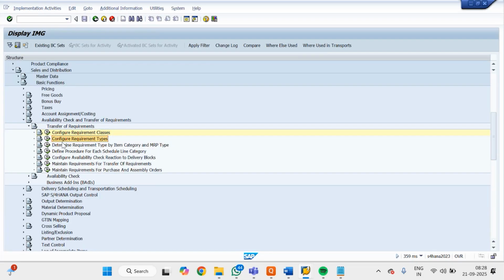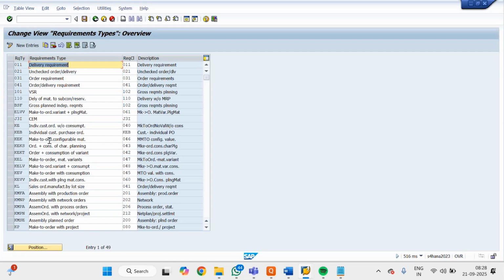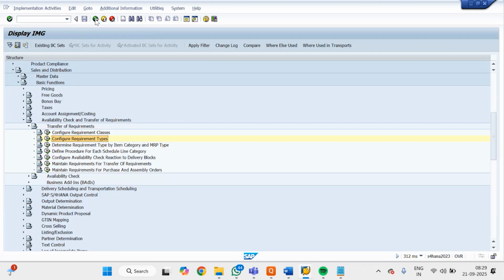And there is a requirement type. Requirement type is control the requirement class. देखो 041 is a requirement type assigned to the requirement class. दोनों को the requirement type control the requirement class. So we requirement class assigned to the requirement type here. Hmm. And there is a